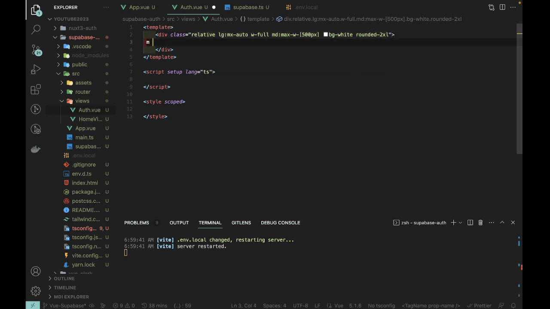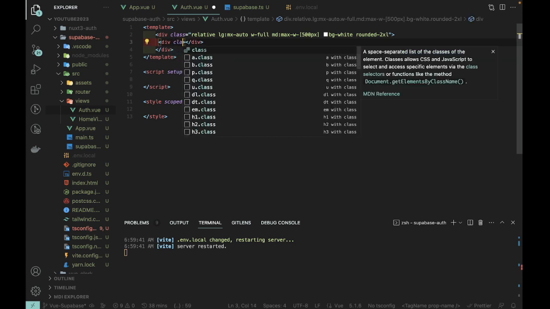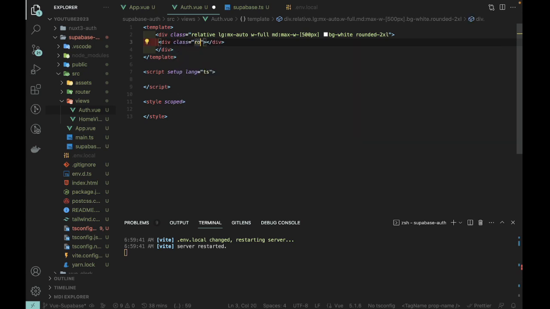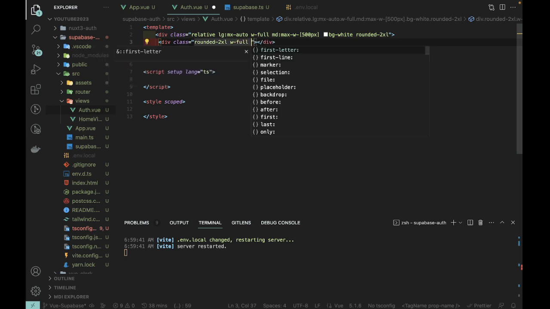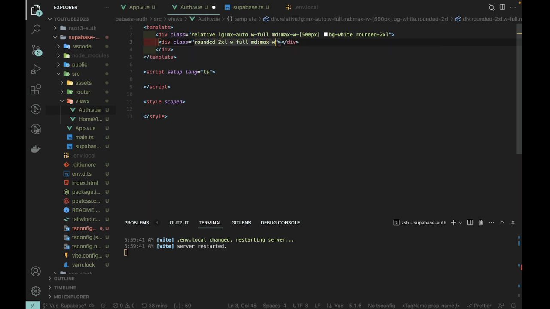And after that we have again another div, and class is rounded to XL, and width is full, and md maximum width should be 500 pixels. Within that